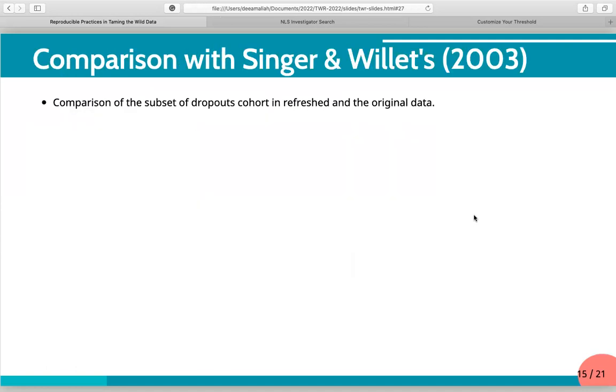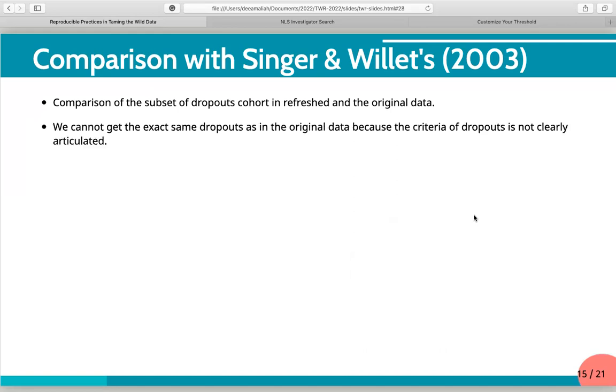Because we refreshed the data, we compare the data from Singer and Willett with the original data, but then we have a problem again, because the textbook used the dropout subset. They didn't mention any definition of how they subset, how they filtered the data from the complete cohort.